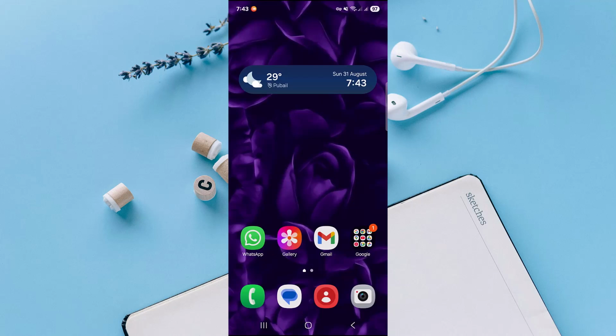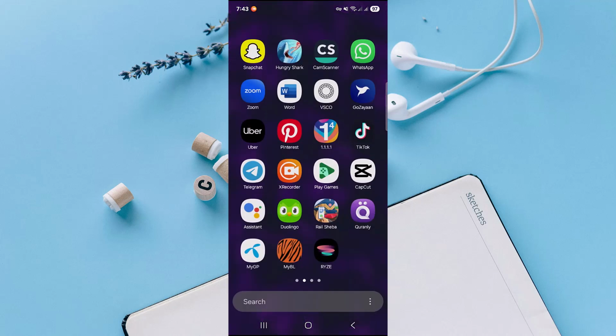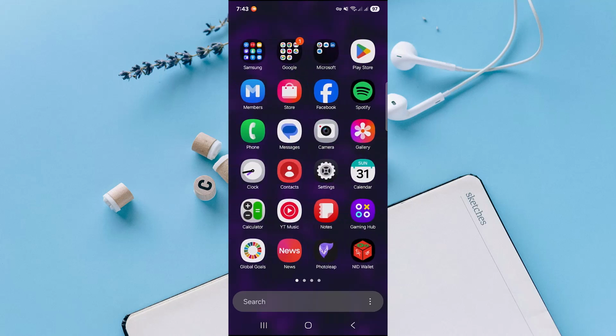In today's video, you are gonna see how to fix Android app not installing problem. So to do that, let's head over to Play Store. So if any app you're trying to download or install through Play Store is not happening,